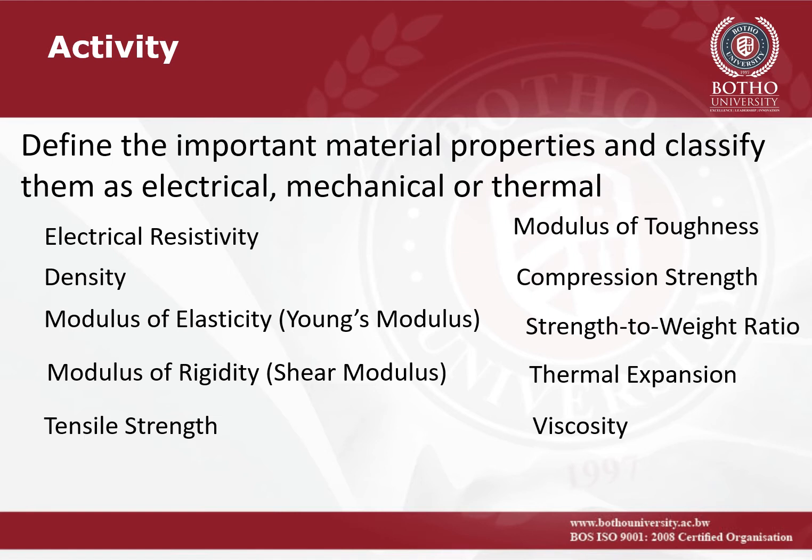Modulus of rigidity. 5. Tensile strength. 6. Modulus of toughness. 7. Compression strength. 8. Strength to weight ratio. 9. Thermal expansion. 10. Viscosity. As always, post your responses in the discussion forum by creating a new thread and quoting your student number in